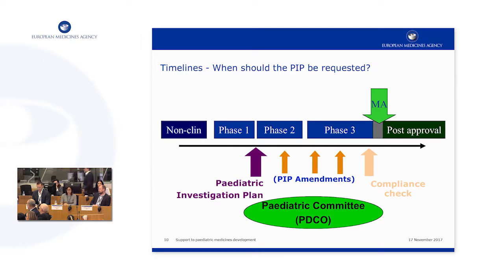This is really important to respect these timelines in order to integrate pediatric into adult development. For example, in case adult trials need to be designed to support pediatric development or to plan formulation development well ahead. After submission of the PAP, we see that during the phase 2 and phase 3, it is possible to submit requests for PAP amendments. Can be submitted as many times as necessary, and this allows the company to modify the PAP according to the